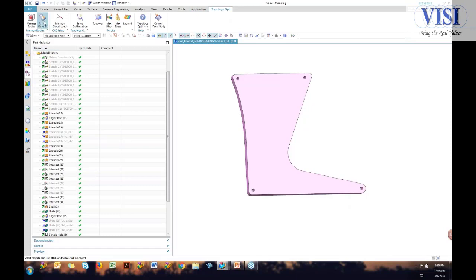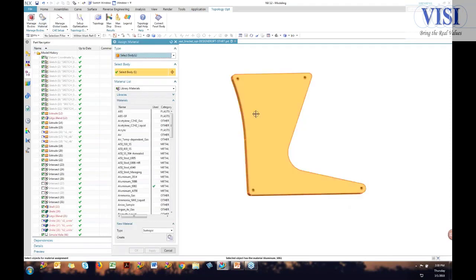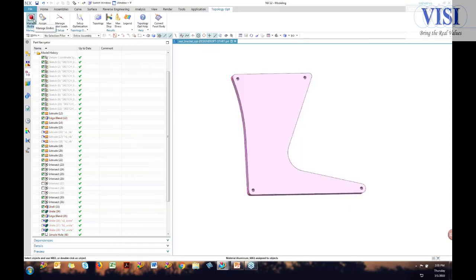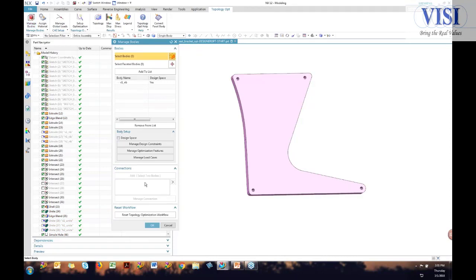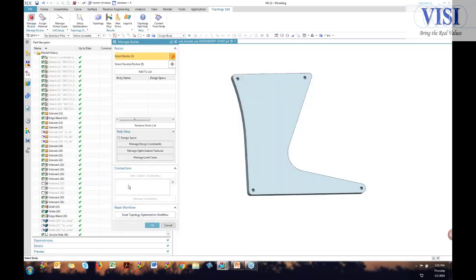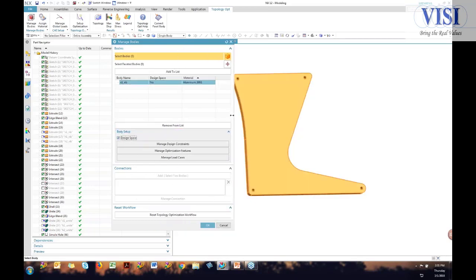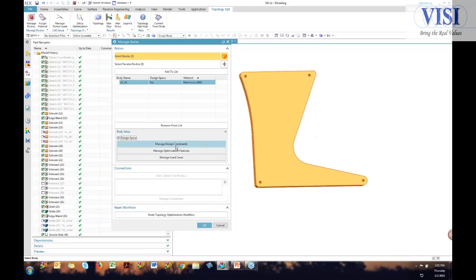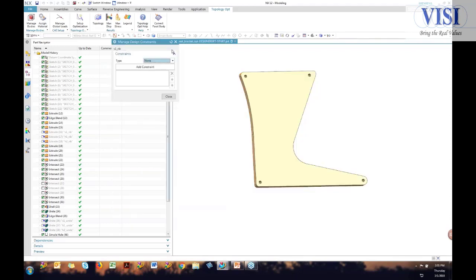So the first thing that I do is assign materials. So select the entity. And this entity, just like I did before, is 6061 aluminum. And now I need to manage bodies. Now I only have one body, but imagine if you had multiple bodies setting this up. You would have to then do a connection from one body to the other. In mine, I only have one body, so I'll grab the body. I'm going to add it to the list, and this thing is going to be design space. So we're going to use this material, and we're going to use this as design space. So inside here, we'll manage our design constraints. So in this one,